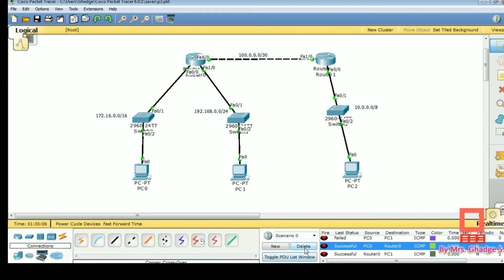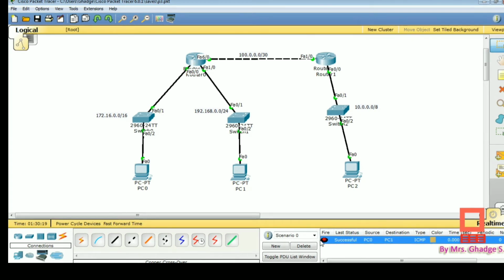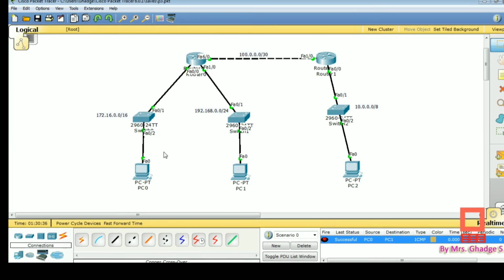Okay, just delete all scenarios. Again click on the first packet, simple PDU, and click on PC0, send to PC1. So you can see here the status is successful. That means within the same network, which are connected to the same router, these two networks are connected to the same router, so it is easy to communicate between any devices which are connected to the same router.